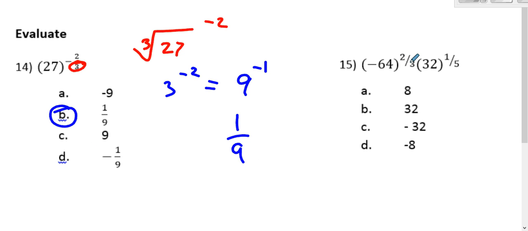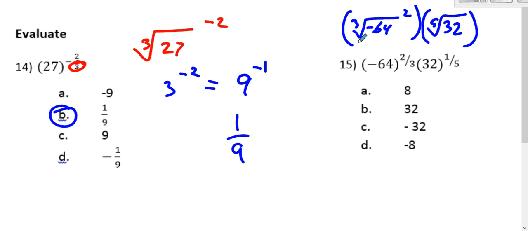Now, for the next one, number 15, it's 2 of those exact problems that you have to multiply together at the end. So it's the cube root of negative 64. Whatever you get, you're going to square that. And then you're going to do the 5th root of 32 to the 1st power. So 64, cube root. That's 4 times 4 times 4. So it's negative 4